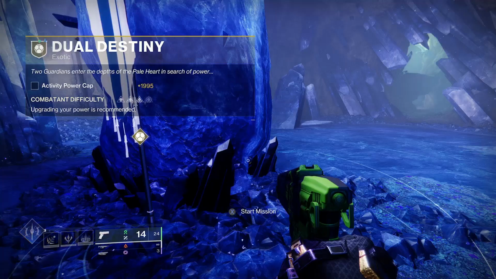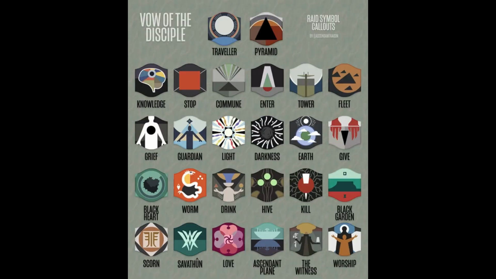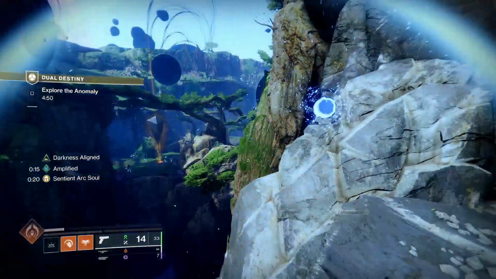Dual Destiny is really a puzzle solving exotic mission, and to help I've put a visual on screen to help you with all the callouts of the symbols that appear within it. This isn't required, and if you are a scrub like me, just generally describing what the symbol is will be fine, to be honest. You'll need to be in a fireteam of 2 to start the mission,